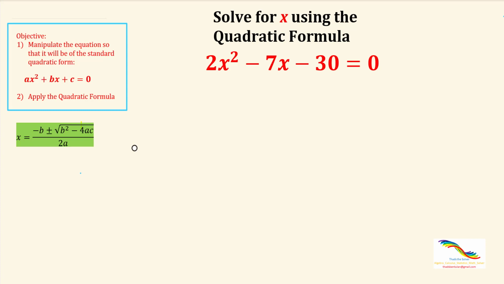Alright, this is a problem involving solving for x. Solve for x using the quadratic formula. Again, quadratic formula, that's the method of solving these given quadratic equations. In this particular case, 2x squared minus 7x minus 30 equals 0. Since this is a quadratic equation, we expect two values for x that will satisfy the equation. We call them the roots